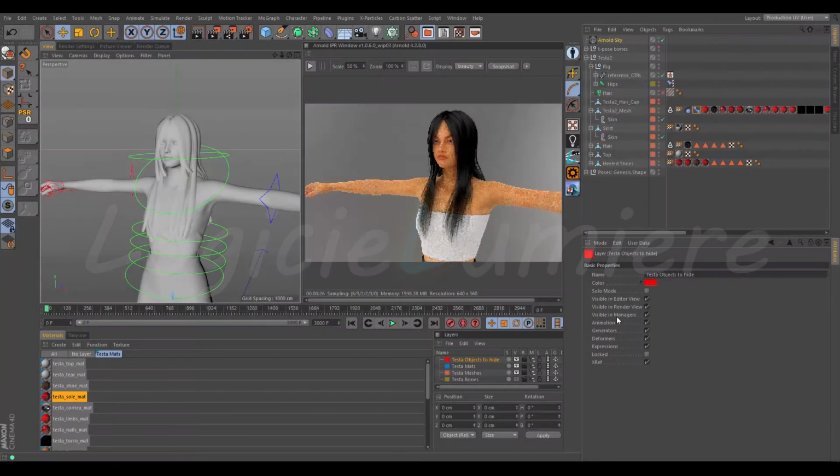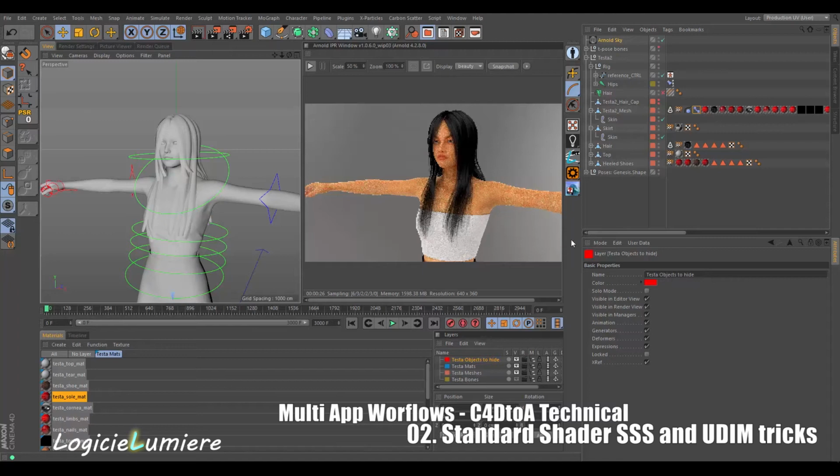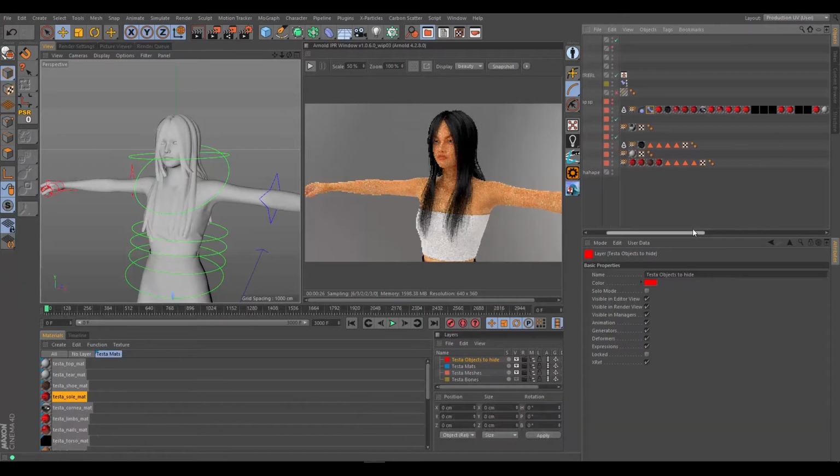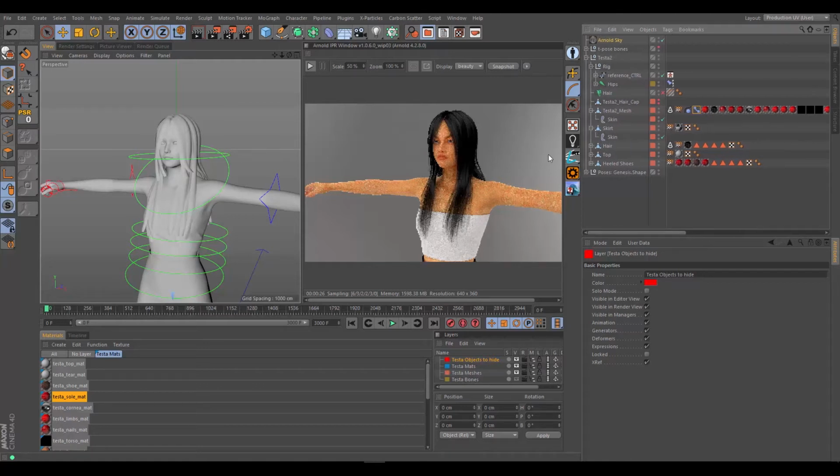Today we'll be taking a look at the standard shader, subsurface scattering, and a few UDIM tricks. As I mentioned in my last tutorial, which was about importing the DAZ update for all you guys who use DAZ and are having trouble with R16 and R17, that just covered Genesis 2 and Genesis 3 and Genesis and just a few texture tips here in the new versions of Cinema. So anyway, this is Cinema 4D R17 I'm using here, and